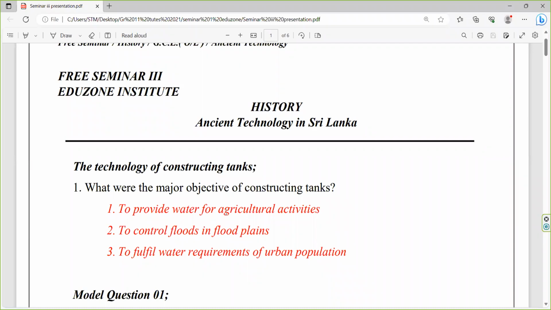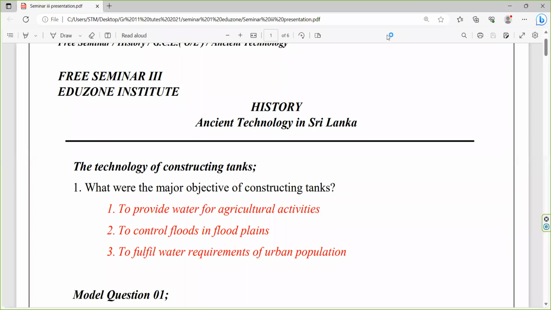This is actually important even for MCQs, because in MCQ questions also they ask what the objectives are. The textbook only gives this. They are not explaining anything, they are not giving examples. But in the question paper, they ask for examples: what were the tanks, and who were the kings who constructed those tanks to fulfill these objectives? So there's a big deal in the question paper. For that, you have to get some additional information. Without this additional information, you cannot answer the question.